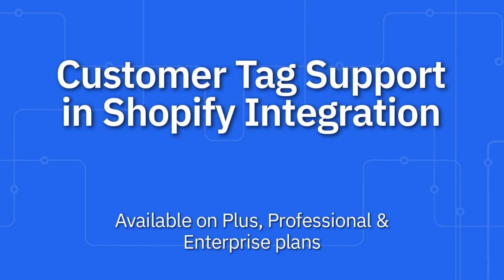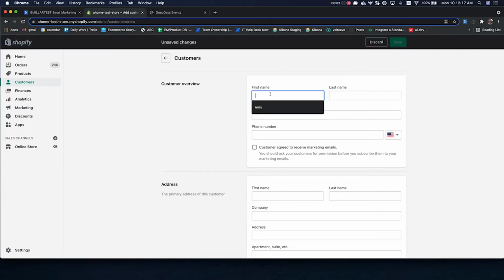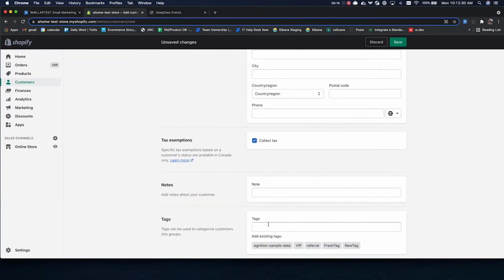Let's talk about the Shopify integration. ActiveCampaign has a very robust integration with Shopify, which is a super popular e-commerce platform. Many of you have stores that you're using with ActiveCampaign that are run on Shopify. If you are creating customer tags in Shopify, you are tagging your customers with tags in Shopify and organizing your customers in that way, we now offer the ability to sync those customer tags into ActiveCampaign as tags on your